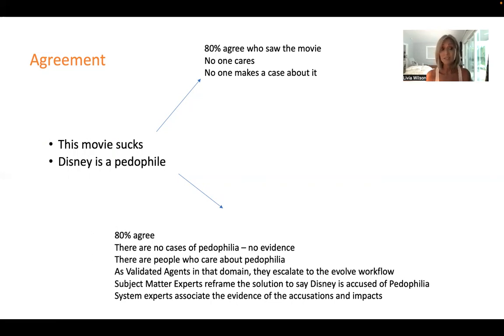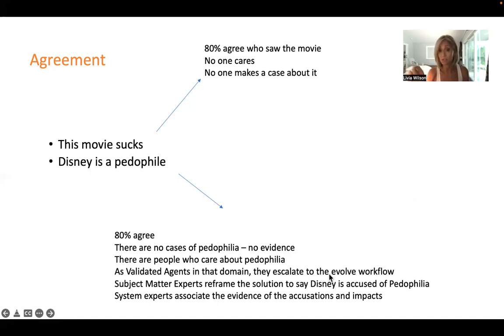Another statement, for example, Disney is a pedophile. Let's just say somebody's making a big case about Disney being a pedophile, and even if 80% of the people agree, then what would happen is that because there may be no evidence of Disney being a pedophile, no evidence is gathered. When you have a lot of pile-on to something that people do care about, like pedophilia, now that object is going to get raised to validated agents in the domain of, say, pedophilia or Disney, and they would escalate